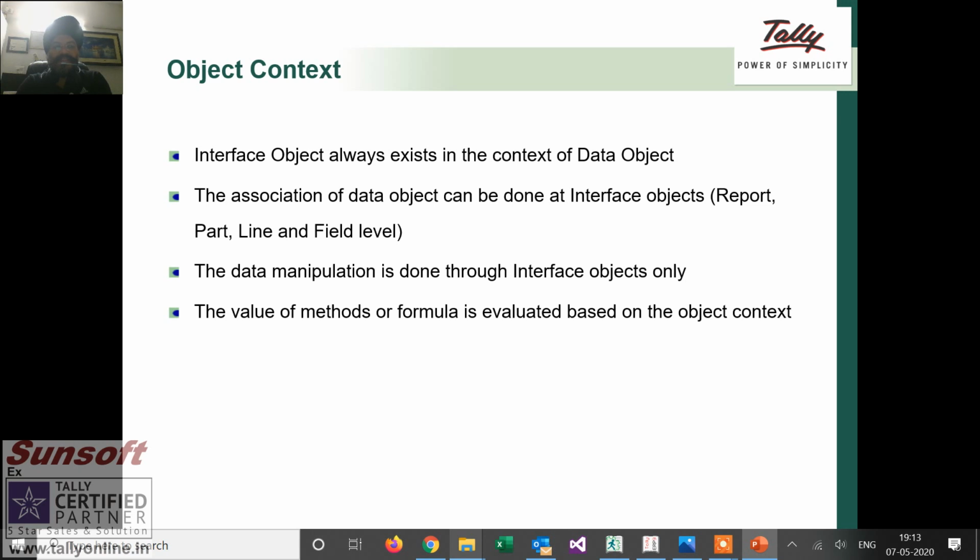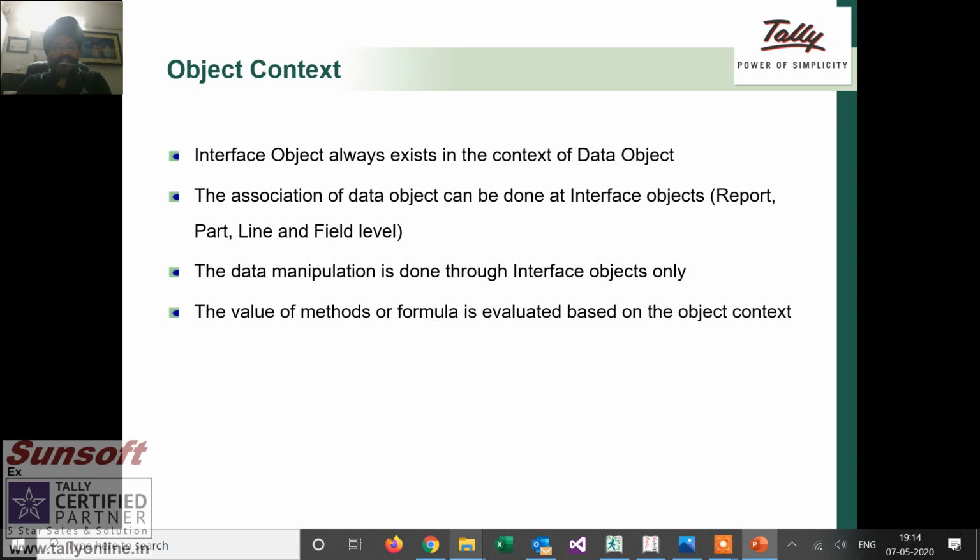Object context. This is a typical part in TDL. The context of the object means, at the point when you are accessing it through the interface, what is the context of the object? An interface object always exists in the context of a data object. So any report that you have has a data object. The association of a data object can be done at the interface object report level, part level, line level or field level.